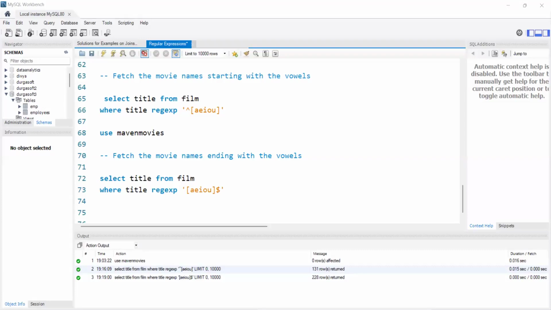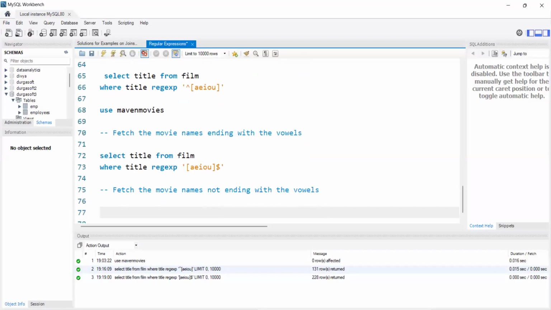So if I say I wrote movie names ending with vowel, starting with vowel, right? So if I say it's the movie names not ending with the vowels, then how can we write? Basically, I'm saying fetch the movie names, but it should not end with the vowel. Okay. At that time, simply what I can do,